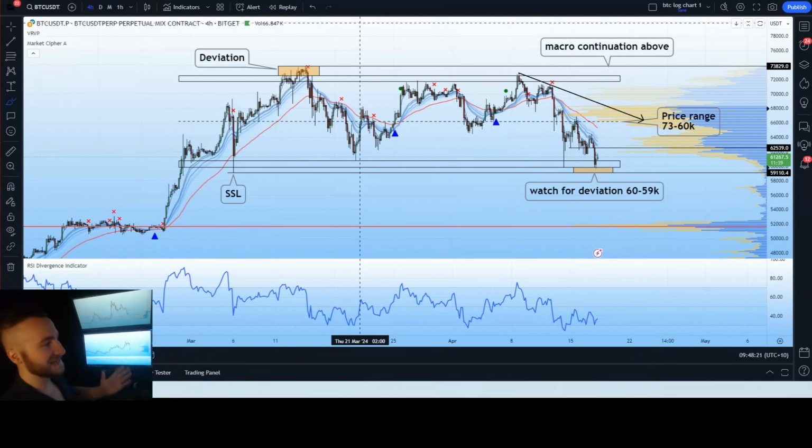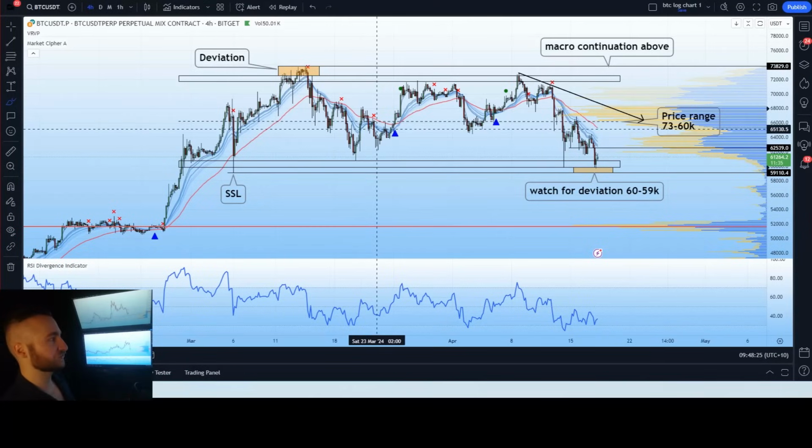And what we can see here as of right now is we do have a nice horizontal consolidation range. This wouldn't be the first horizontal consolidation we've seen on Bitcoin. We've seen many horizontal consolidations over the last year and a half since those 2023 lows, but this is the major horizontal consolidation range we are in currently, which is going to be a main determining factor in whether or not Bitcoin will continue